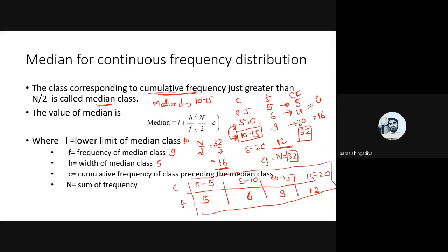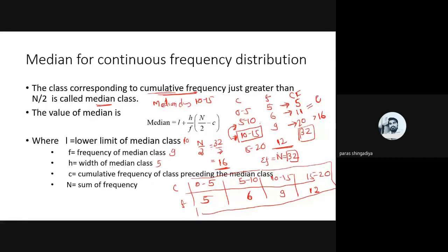Okay, and now to predict the next one, there is a total of 5 plus 6 plus 9. So that is 5 plus 6 plus 9, that will be 20. To predict the next one, it is a total of 5 plus 6 plus 9 plus 12, meaning 20 plus 12, and 20 plus 12 is equal to 32.